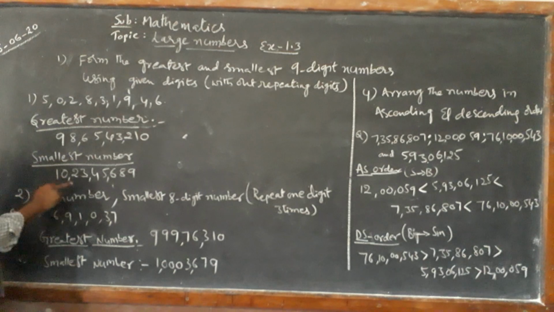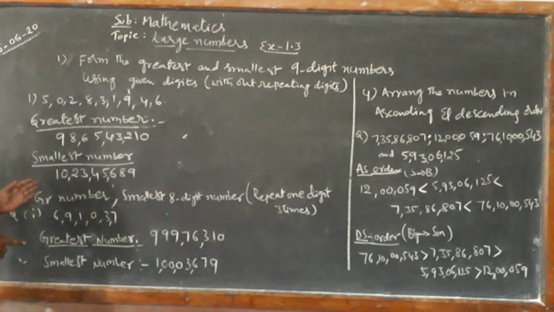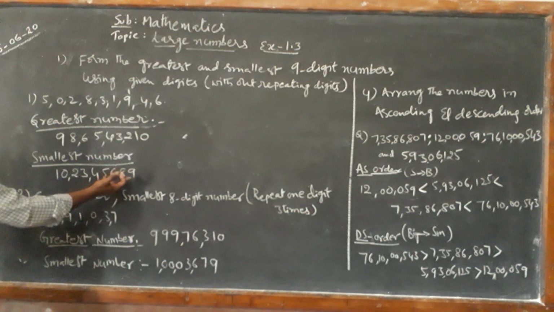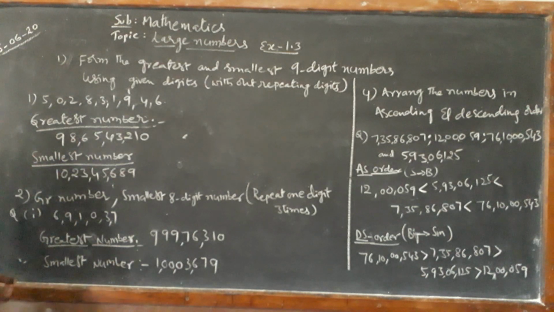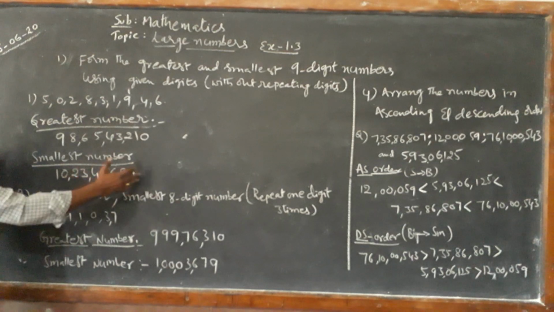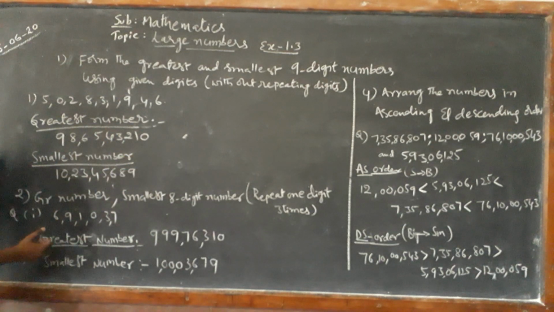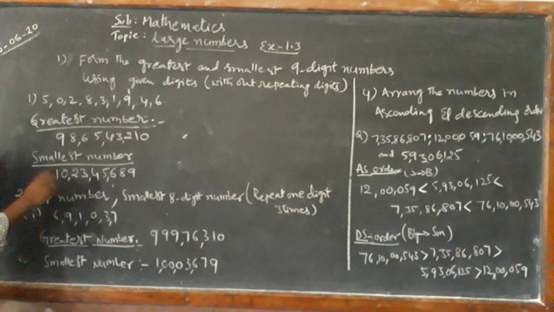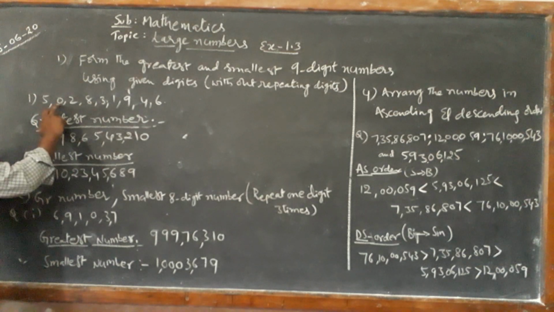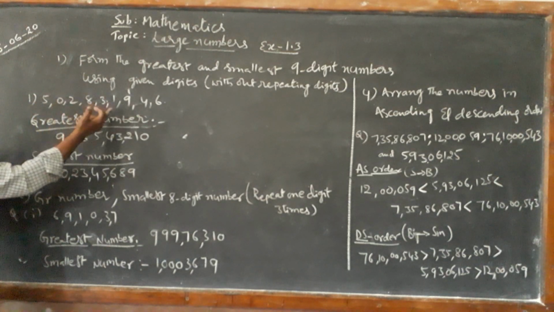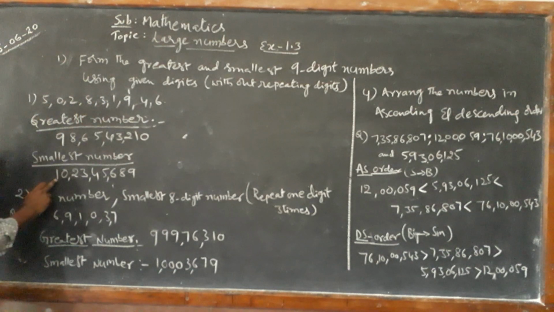Now I am writing the smallest number. So leftmost small digits, rightmost greater digits. To get the smallest number, leftmost all small digits and rightmost all increasing greater digits, so that it is in increasing order. Then only we will get the smallest number formed with the digits. Now here, don't start with 0. I said, if you start with 0, that is uncountable. Next, other than 0, what is the next smallest digit? 1. So start with 1.